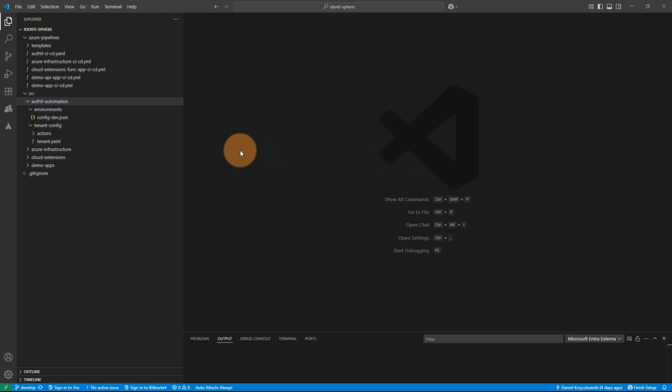Okay, so on the left side, as we can see under the Auth0 automation folder, I have two additional folders, environments and tenant config. Let's start with environments. As you remember, I mentioned that we can store the configuration parameters for the Auth0 tenant in a JSON file, or we can utilize environment variables, or we can use both. For local development, if you want to test something with Auth0 Deploy CLI, it's good to have this JSON file where you can store the parameter values and then reference them